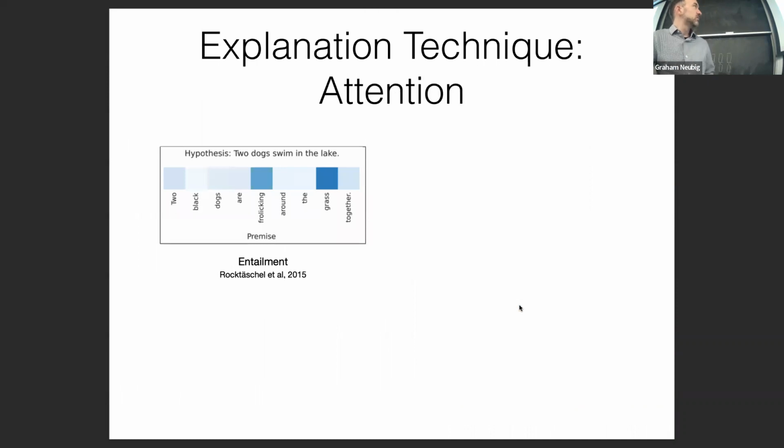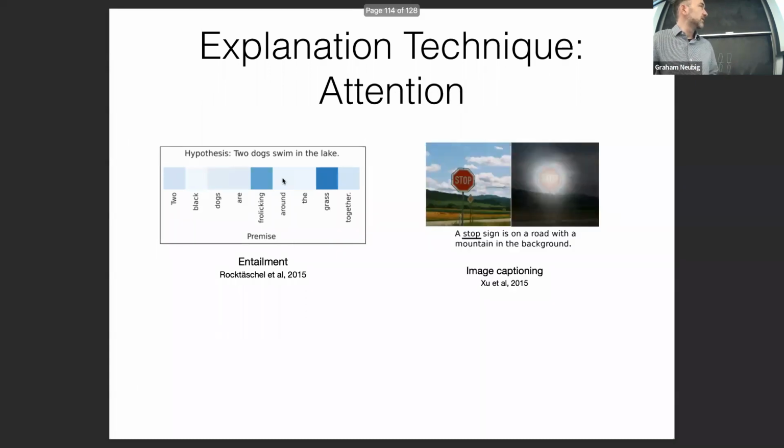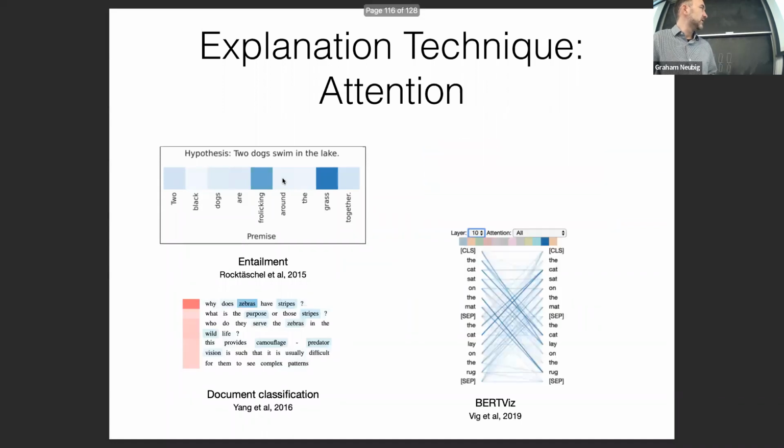So another explanation technique is attention. And attention, as we know, is a very important part of many different models. We can use it to interpret things like entailment or image captioning, document classification, etc. There are also really nice tools like BERTviz that allow you to look at the attentions on the internals of your favorite models. So it's definitely a good tool. However, attention actually, as I mentioned before,